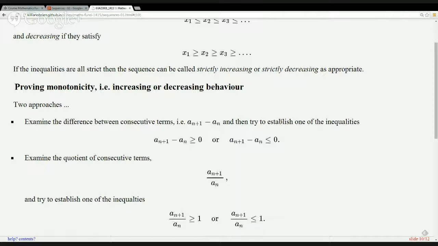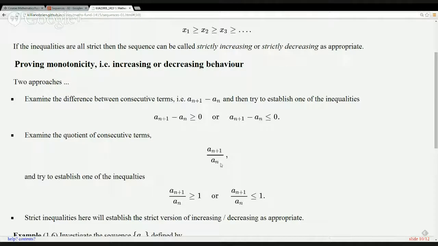An alternative approach would be not to look at the difference, but to look at the ratio of consecutive terms in the sequence. So to look at the sequence element a_{n+1} divided by a_n. Now, when you're looking at the ratio, you don't compare it to 0, you compare it to 1. Because how the ratio compares to 1 tells you how the top and bottom parts of the ratio compare to each other. So if you can show that a_{n+1} divided by a_n is bigger than or equal to